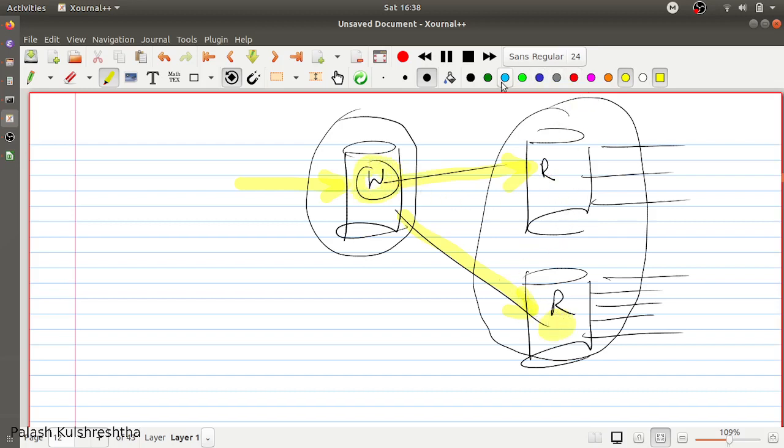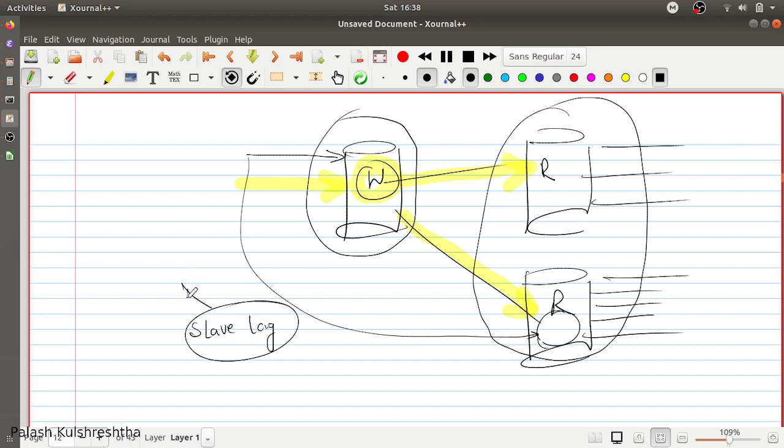So there can be points in time where your application has written the data, and when it is trying to access the data from the read database, it has still not synced here. For example, if it was not synced here, then it is not going to get the data. This is called slave lag, and this is due to eventual consistency.